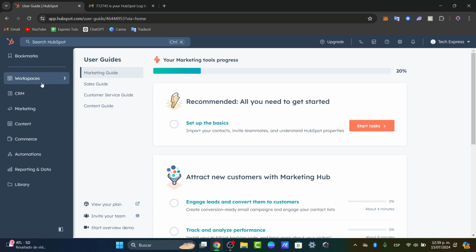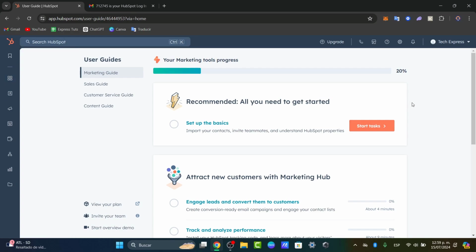Now, HubSpot is a powerful CRM platform that offers a comprehensive email marketing tool. This allows you to create personalized email campaigns, automate follow-ups, and track performance metrics. So to get started, once you have access directly into HubSpot, let's understand here the